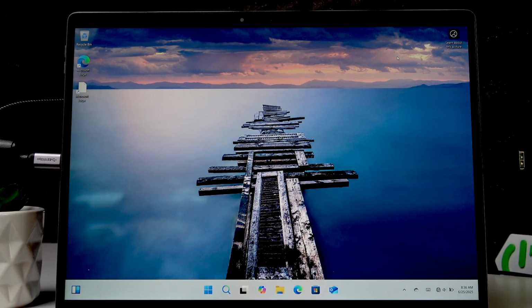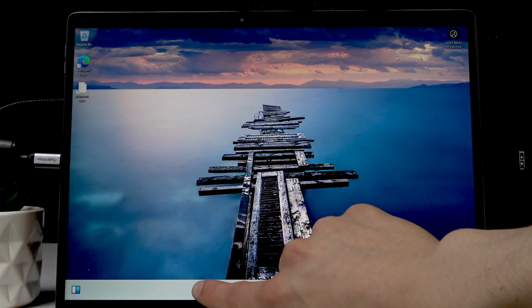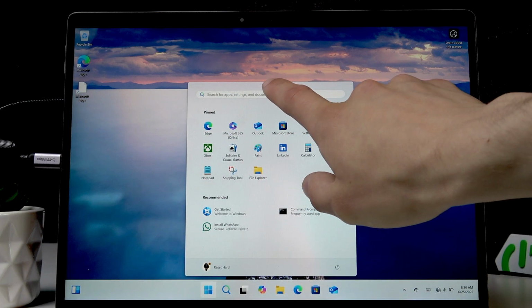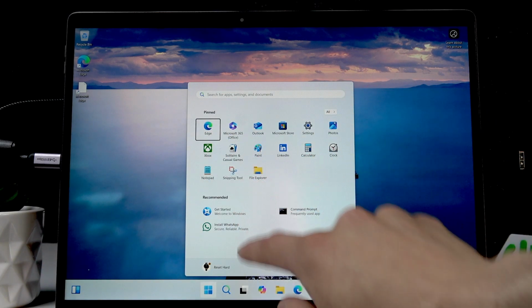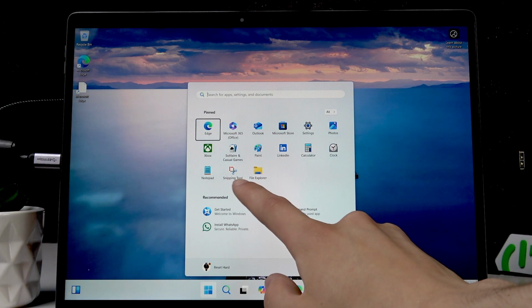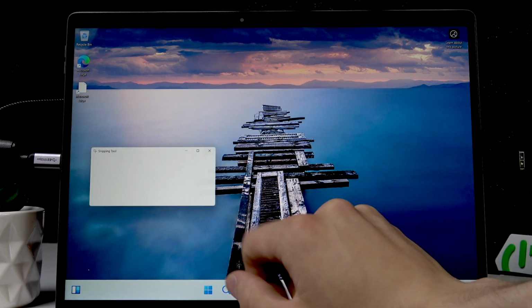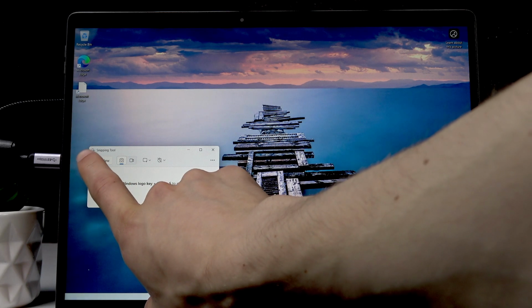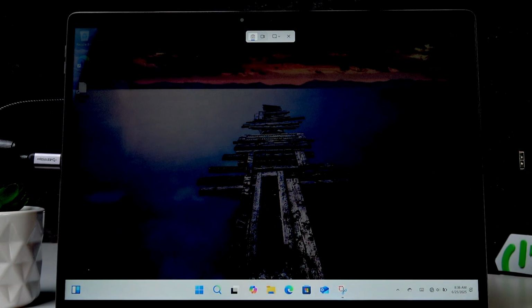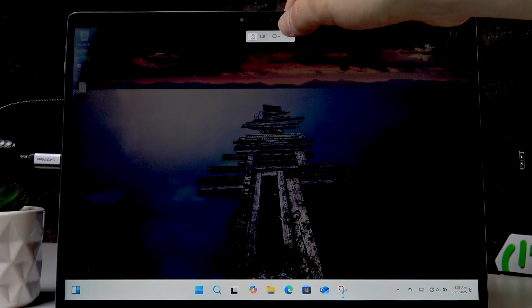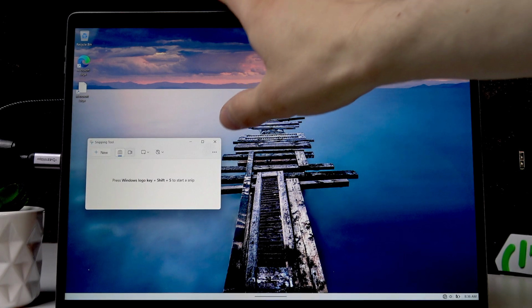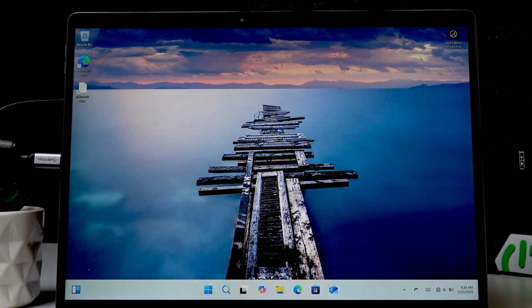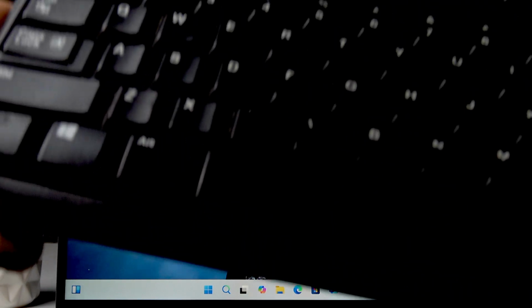So, if you don't have a keyboard attached to your device, you can search for Snipping Tool, open the Windows menu, and usually it will be right here. So just click right here, then click New, and this way you'll be able to select the kind of screenshot I want to take. Now, if you have a keyboard attached to your device,